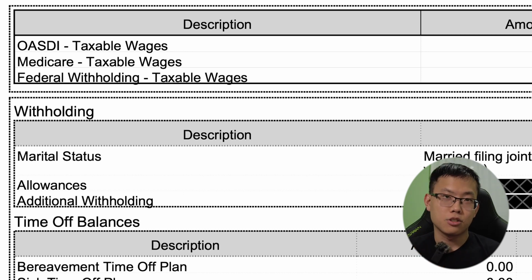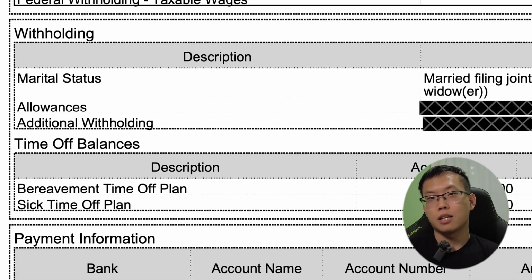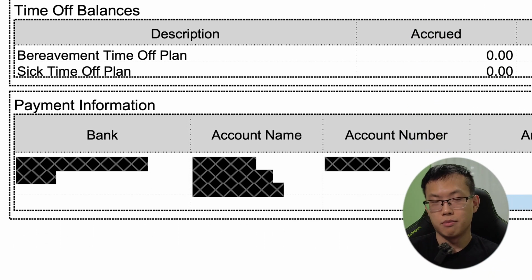Then you might find a section that seems very similar to a W-4 or withholdings, right? Basically telling you how much you're withholding when it comes to taxes and what your status is when it comes to that. If it seems inaccurate, ask HR to update it. And finally, the last thing here is time off. Make sure that you are accruing vacation days. If you have vacation days, it's very important that you make sure these numbers are actually correct and you're building the right amount of vacation per paycheck. And if you find any of this information is incorrect, make sure to talk to HR. Right? They'll have answers for you and figure out what exactly is incorrect, and then you go from there in terms of